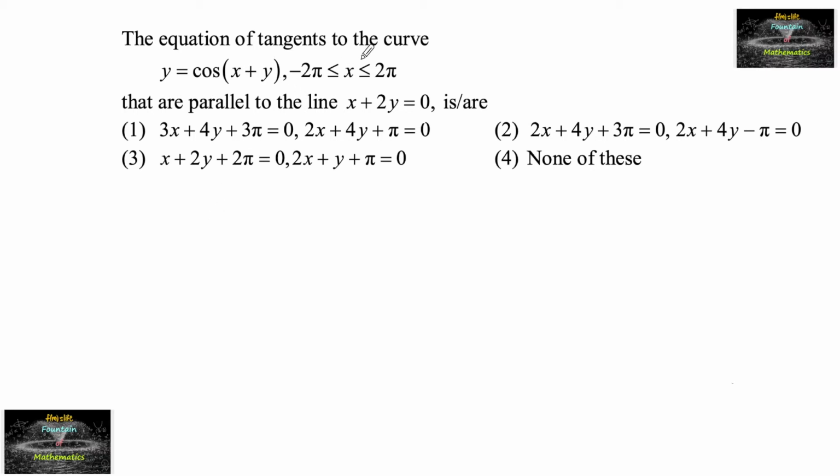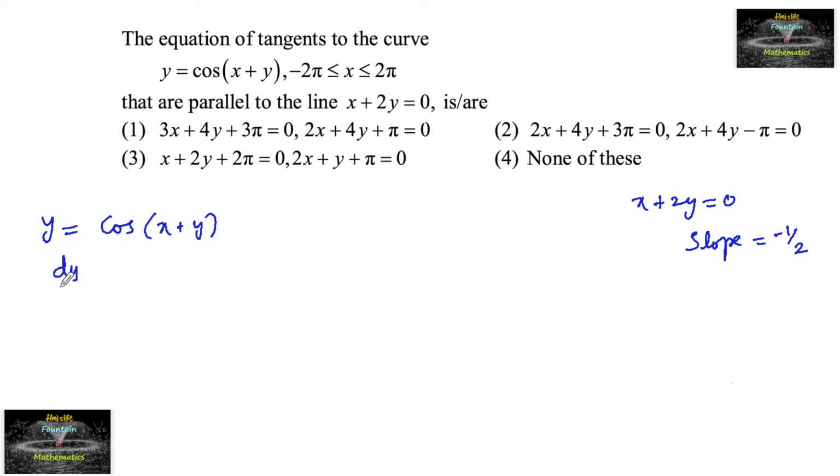Find the equation of tangents to the curve y is equal to cos of (x plus y), where x lies between minus 2 pi and plus 2 pi, that are parallel to the line x plus 2y is equal to 0. Means the slope can be considered the slope of the line x plus 2y is equal to 0,